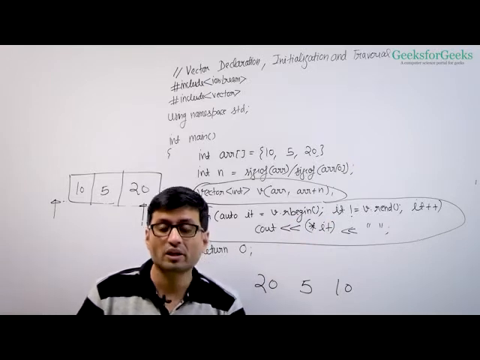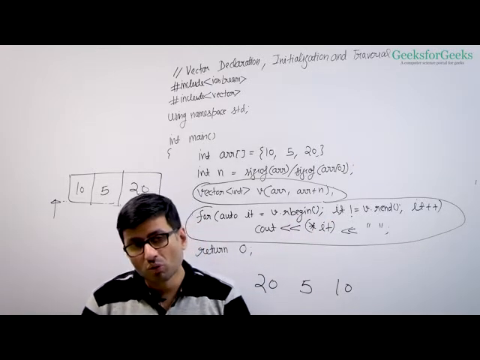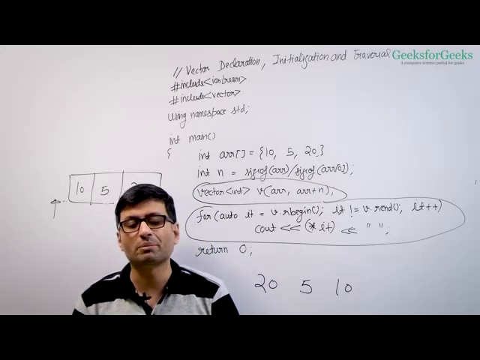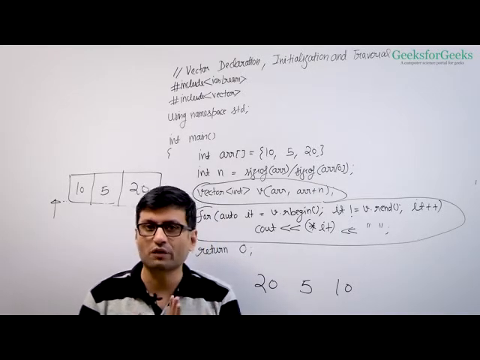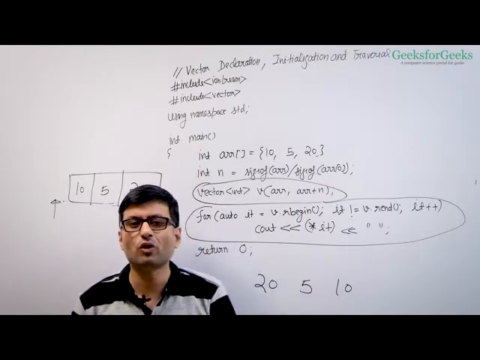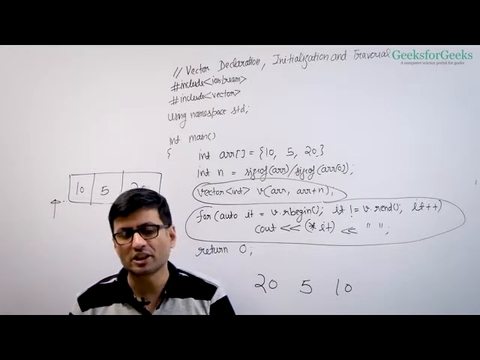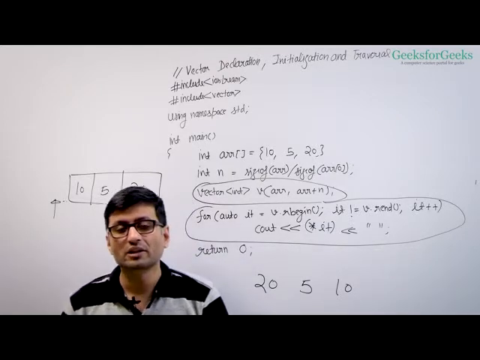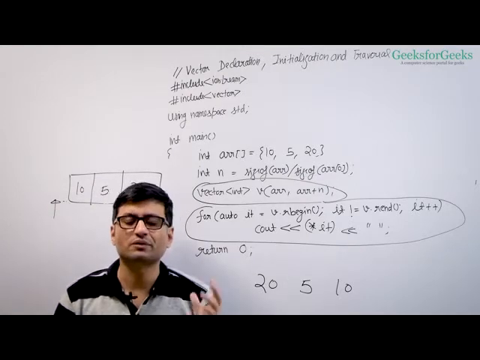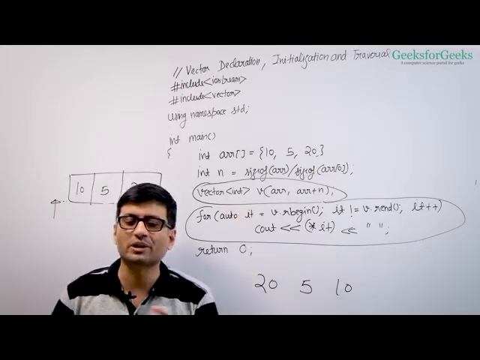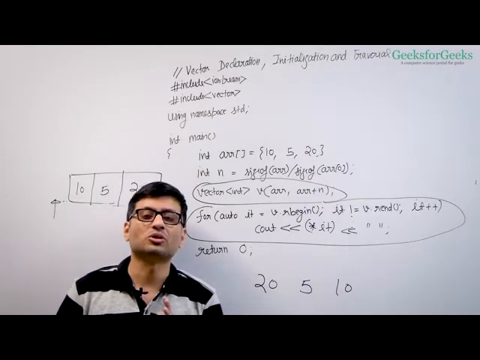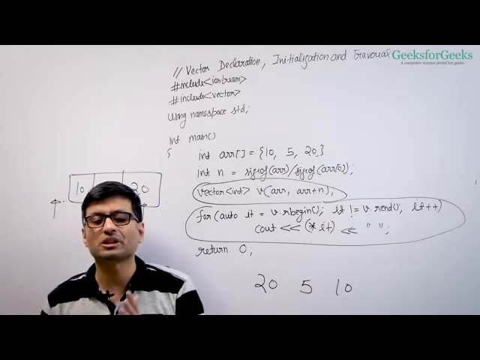and rend. There are 2 more functions, in fact 4 more functions which are there to get the begin and end. So we talked about 4 functions: begin, end, rbegin, rend. There are 4 more: cbegin, cend, crbegin, crend. All these C versions are basically constant versions of these functions. So crbegin is a constant version of rbegin. They give you a constant iterator so that you cannot change the elements using this iterator.